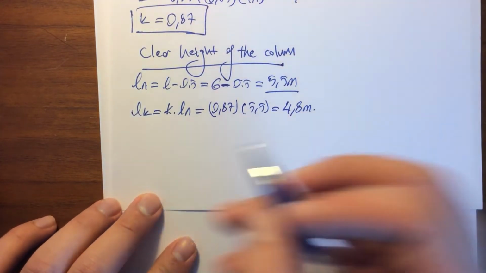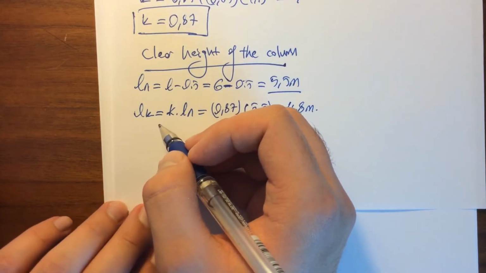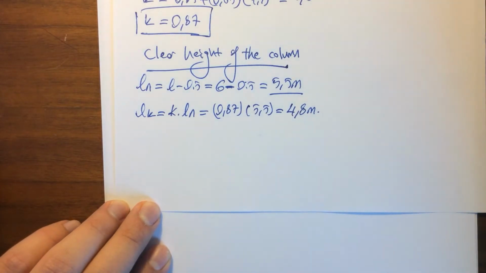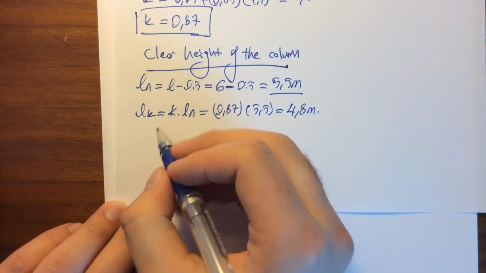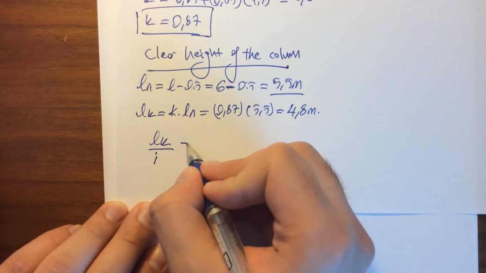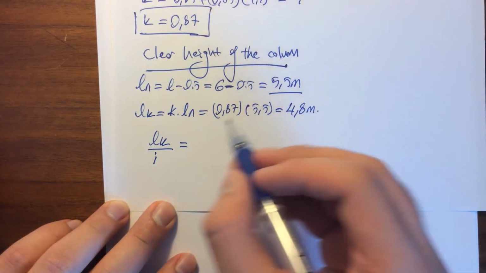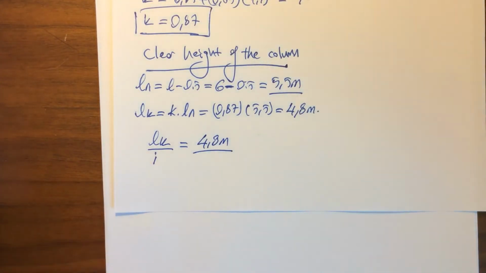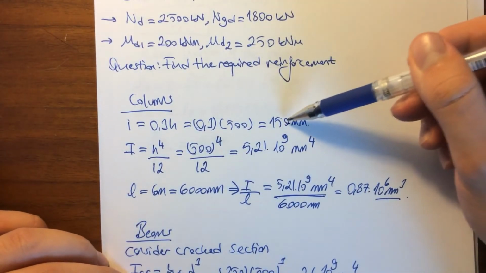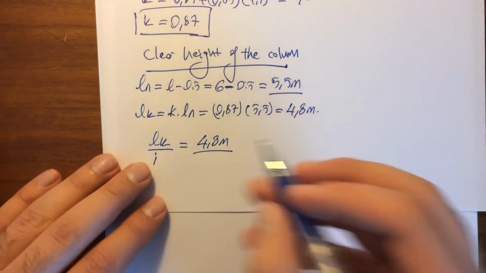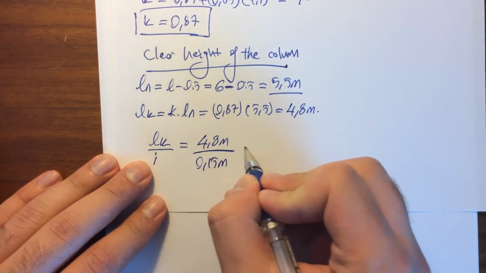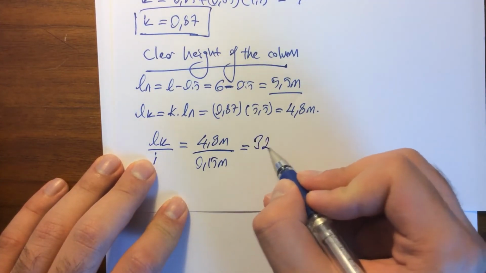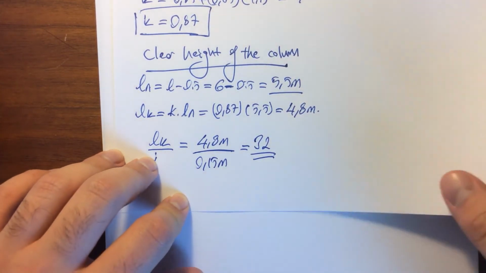Let's find the ratio of LK to the i, because we will need this information to see if the second order moments can be neglected or not. So LK over i becomes, LK is 4.8 meters. i, we have calculated the i as 150 millimeters, so it is equal to 0.15 meters. And when we do the division, our answer is 32. Let's keep this in our hand